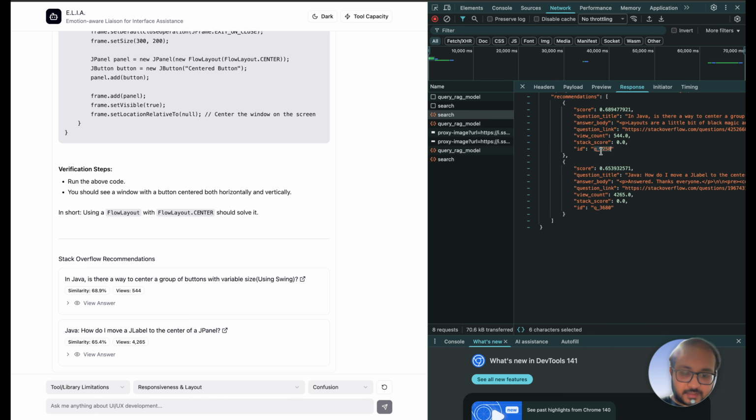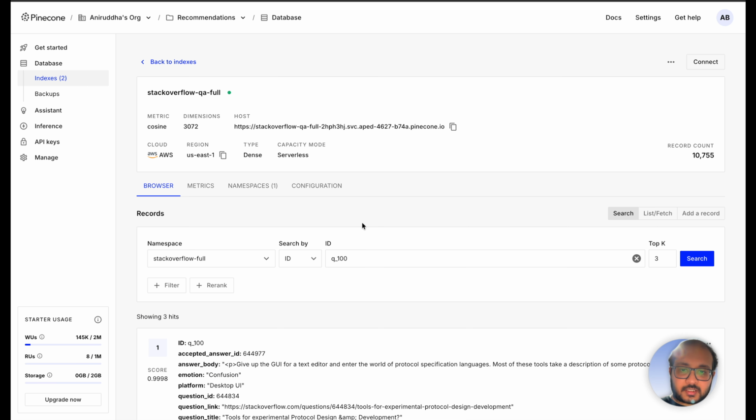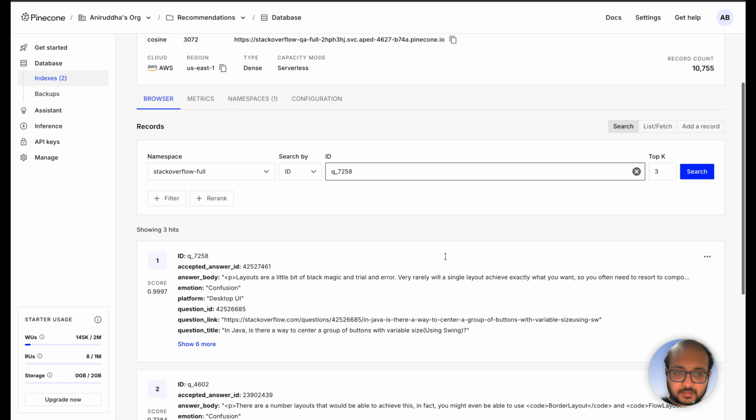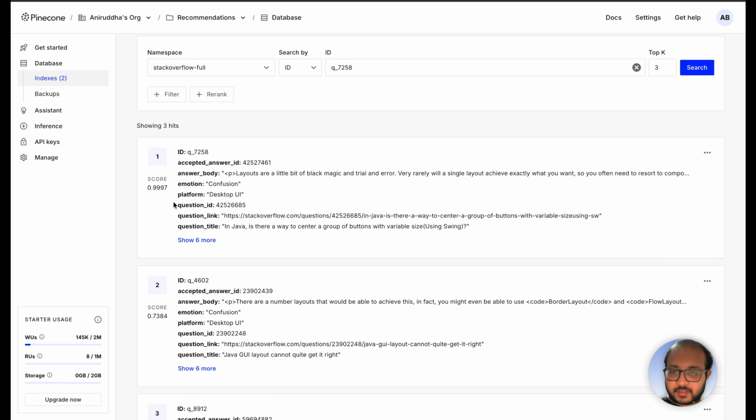If we take this and go to the Pinecone vector store and try to search it and return the top 3 results, you can see it returns the result which matches the most based on the cosine similarity score. And as you can see, it's the same suggestion as what we got in the chatbot.